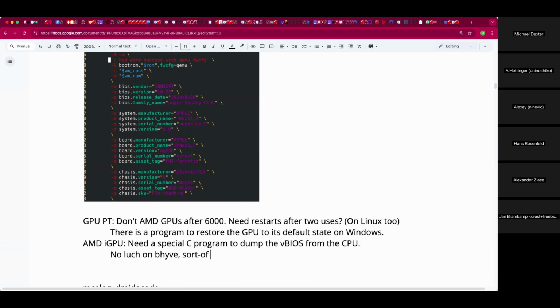Yeah, the problem with bhyve and Intel iGPU pass-through, I managed to get it working on a ThinkPad X250, but when the guest system tries allocating any RAM, it takes the iGPU's VRAM as its normal RAM.